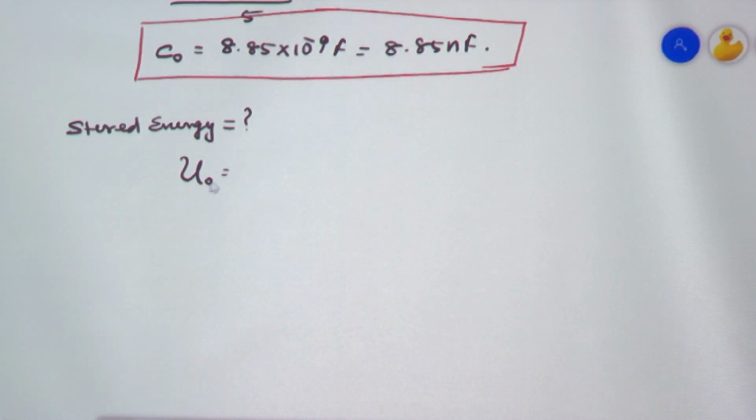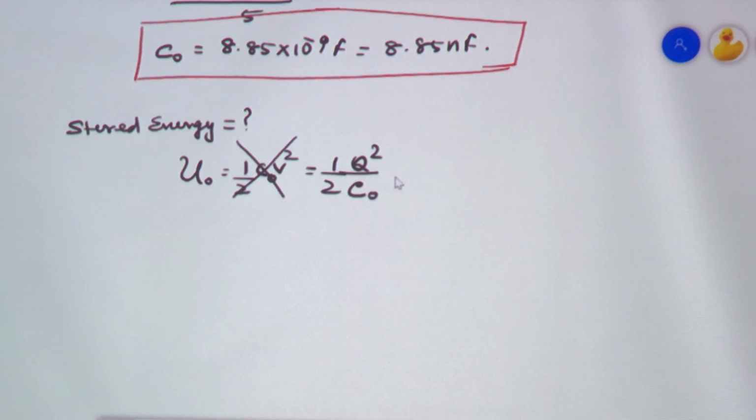Again, we can use the same formula, that is half into C into V square, or I can consider half into Q square divided by C. Here, charge is considered to be constant. See the capacitance when you are considering air medium. Both the equations are correct. Here, if you write it, I have to write C0 V square. Here the battery is removed. When the battery is removed, we do not have the potential. We have to write it in terms of charge. So we are not using this formula, and I am using this.